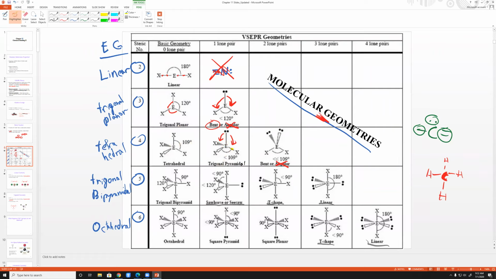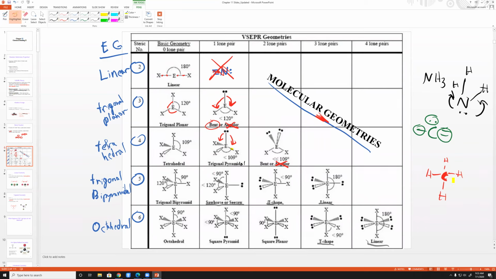A perfect example of a trigonal pyramidal is NH3. So I'll draw it on the right side over here, NH3, where you have these electron groups would push like that. And it's always a common thing to compare methane and NH3, ammonia, because they are both tetrahedral with respect to